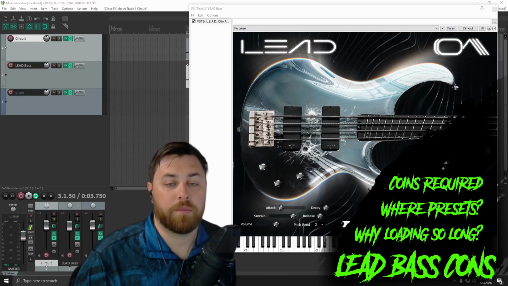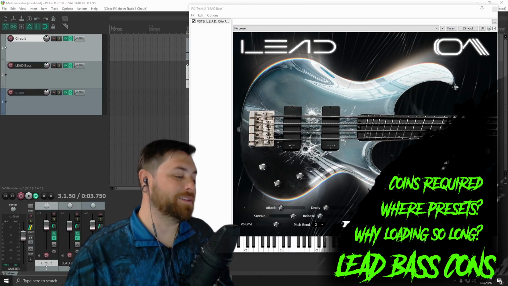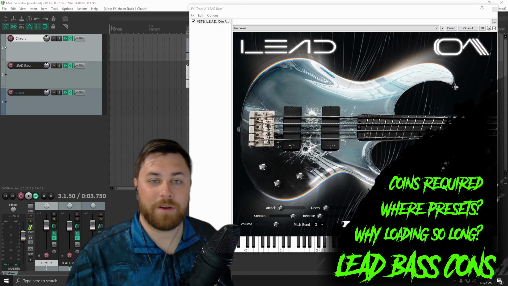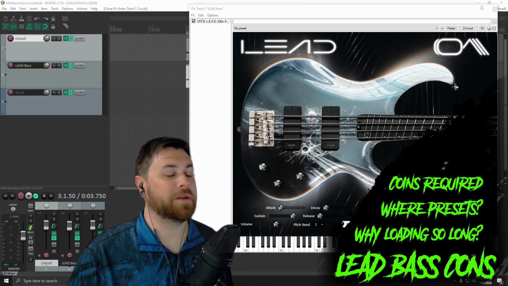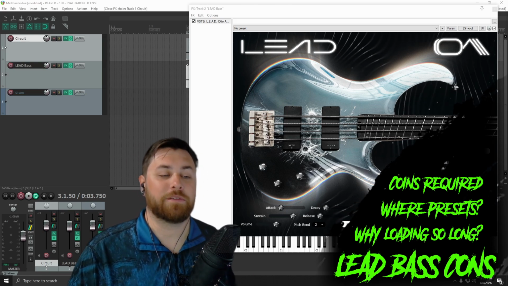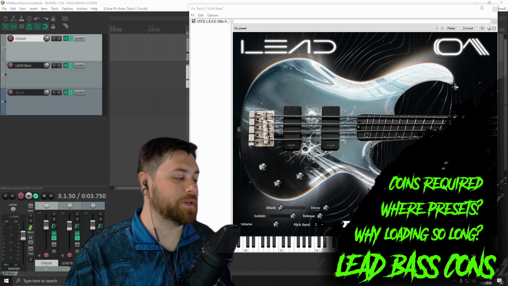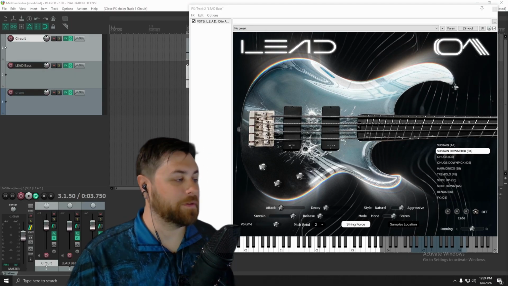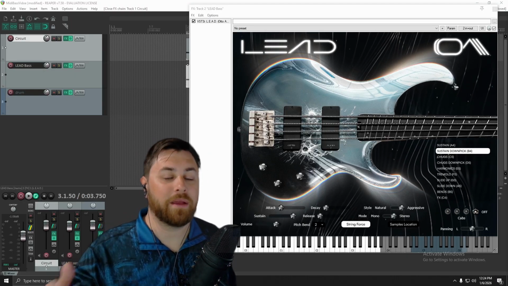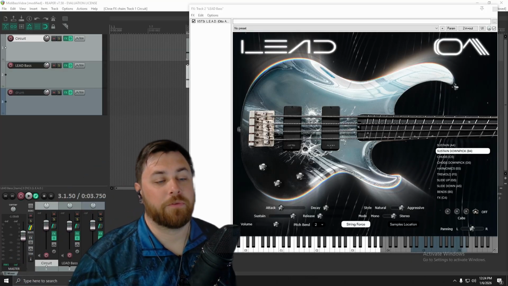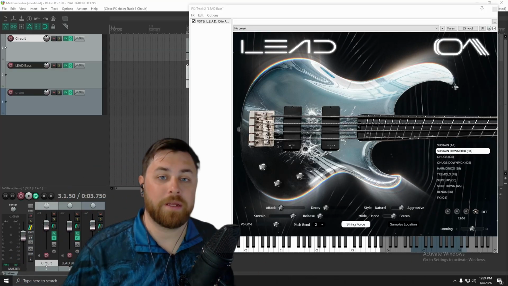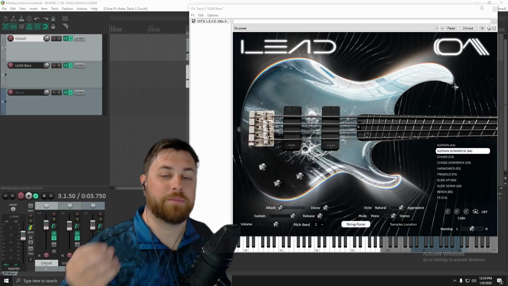No, it doesn't come with a bunch of presets. And other than that, it is very slow. It's computer resource intensive. That is my biggest gripe about it, is that when I load this up, it takes forever. If I try and switch to the natural fingerstyle, I feel like it's picking out an entire other bank of presets, samples. It takes forever to load. Once it loads, however, it is good,